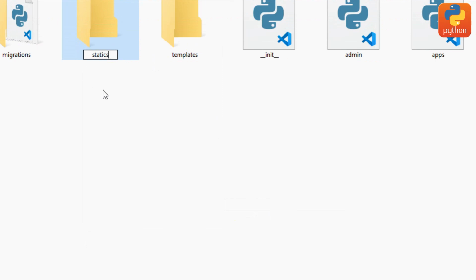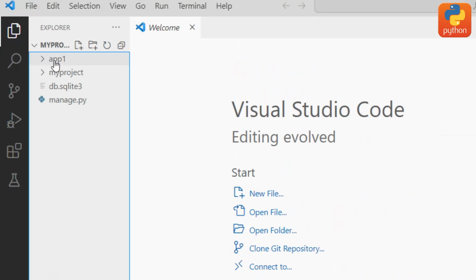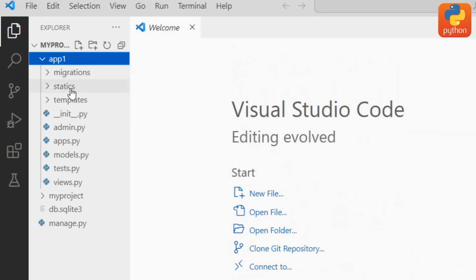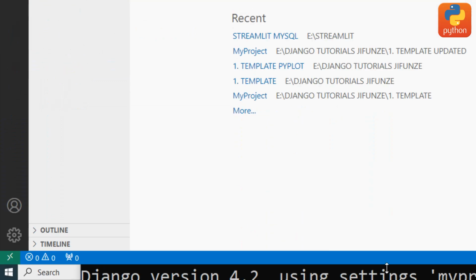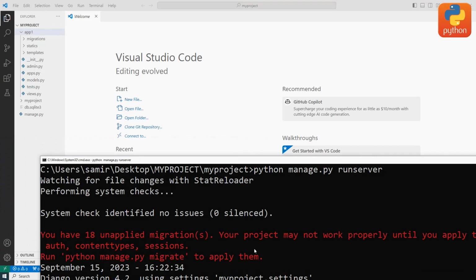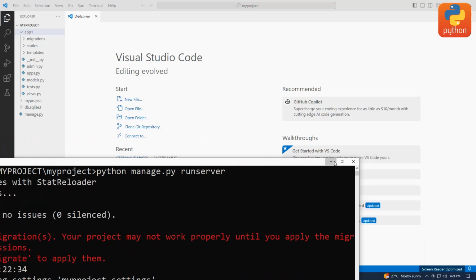Okay, so kama katika Visual Studio Code kwenye app 1, folder zangu ni static and templates zinaonekana, so unaweza kutengeneza hapa pia. So new folder unaweza create hata hapa, no problem. Okay, so after then another step is,